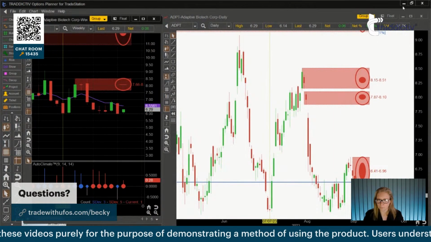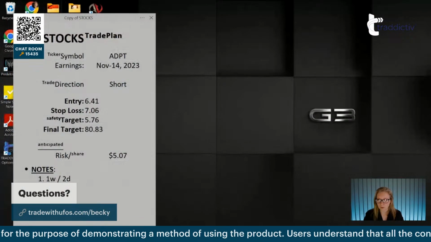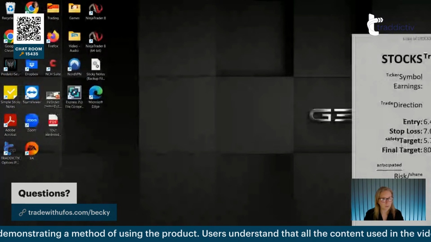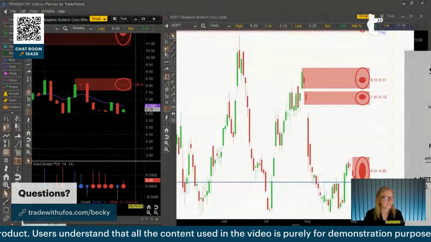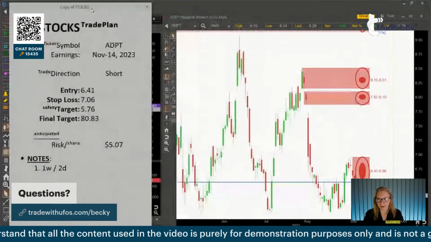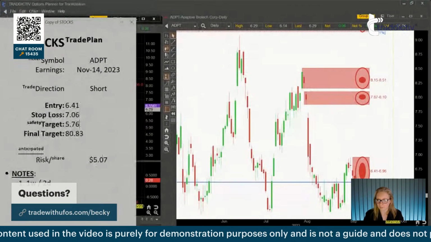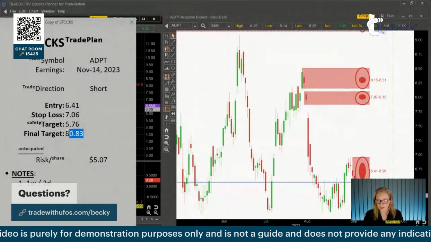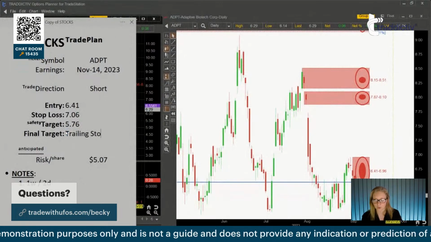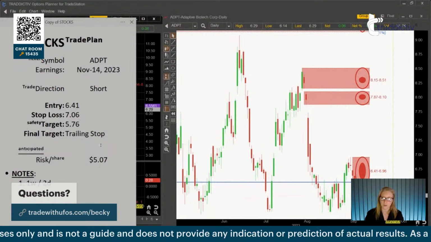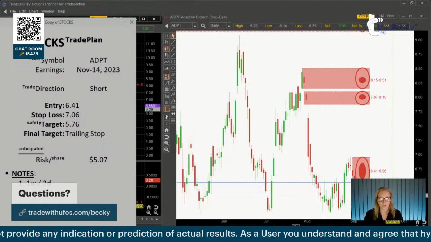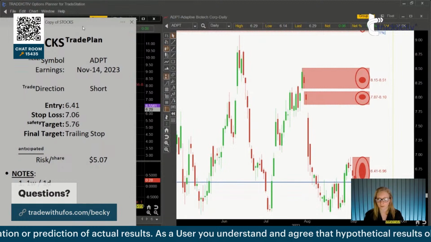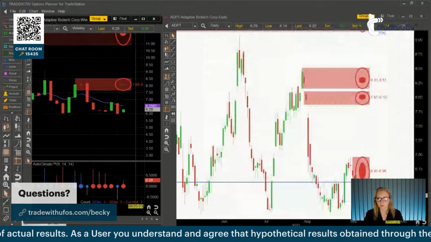There weren't any green UFOs, buy UFOs. Where's my, okay. I'm going to put you over here, bring this back up, and bring you back again. Okay. I know I can do a thing to make it stick to the screen. Alrighty, so the risk per share, we'll figure that out in a second. And our final target, I'm going to put trailing stop. I'll explain that in a sec. So we've got all of this up. Our risk per share we'll figure out, and we're looking at a weekly and a 1 day. So we'll fill this back in a second. We're going to come back to